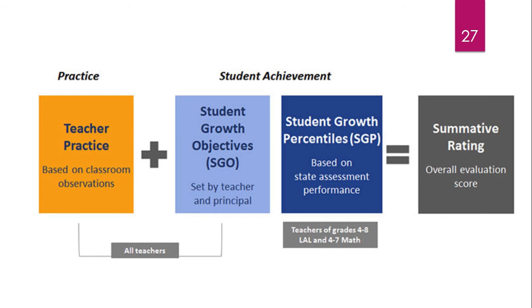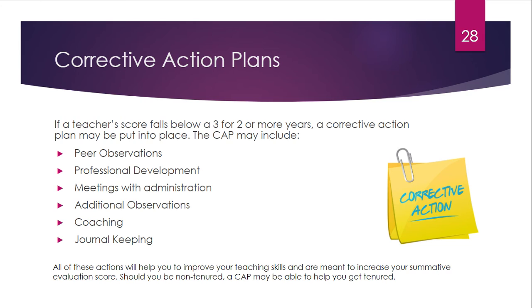the student growth percentiles of the state assessments if you are a teacher in grades 4 through 8 English language arts, or 4th through 7th grade math. We will add that into it as well, and then we will come up with a summative rating or an overall evaluation score for you. Now, should you fall below a 3 for 2 or more years, we may put you on a corrective action plan. And corrective action plans are